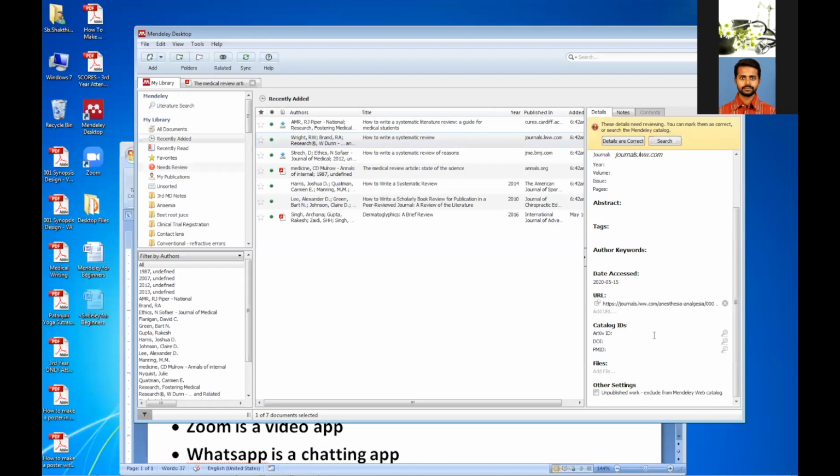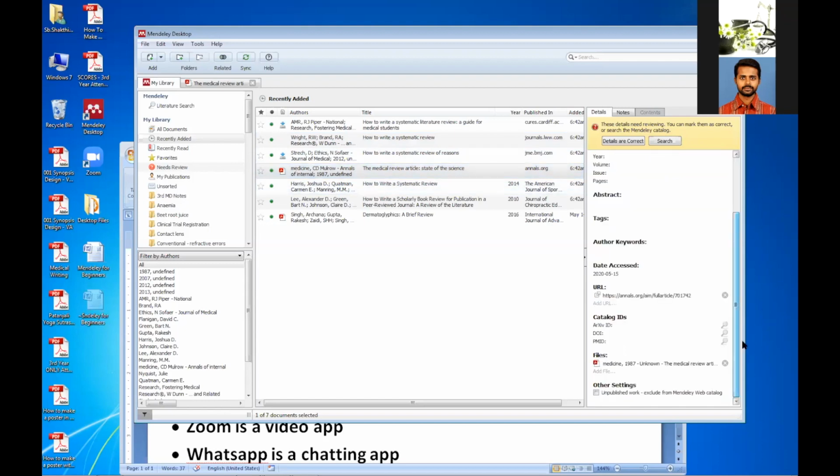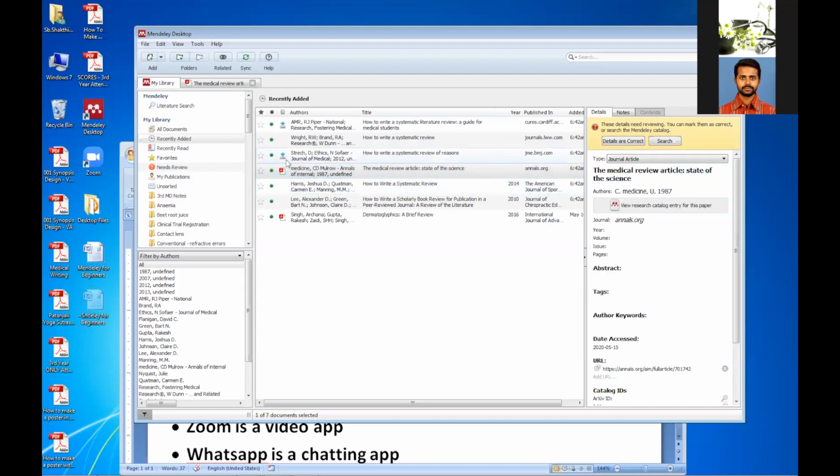It is this data which we write in the bibliography or reference section. It is not complete, but it is still giving some information. Same way, we choose the one with the PDF document. See, it is showing a PDF document is available. I'm downloading the PDF for the other 2 also.